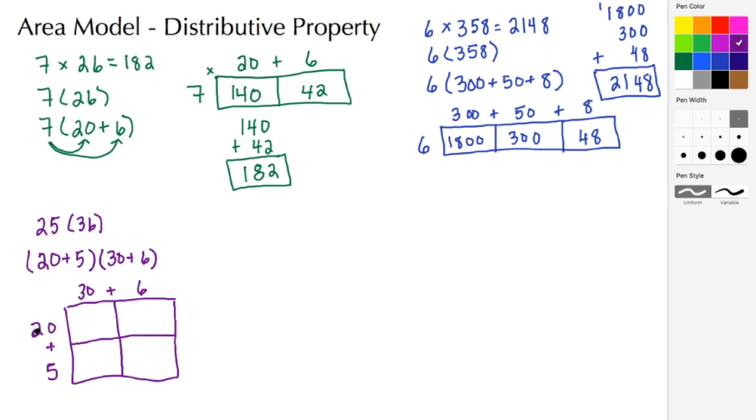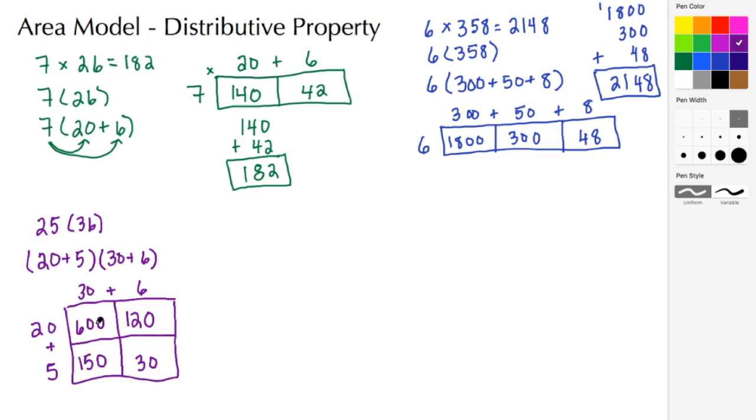So let's start with something simple. 2 times 3 to give me 6. And I have a 0 here and a 0 here, so I place in 2 zeros. So 20 times 30 gives me 600. Now let's do 20 times 6. Well, 2 times 6 is 12. I have a 0 here, so I'm going to tack on the 0. Now let's do 5 times 3 to give me 15. I have a 0, so I tack that on here. And then 5 times 6 to give me 30.